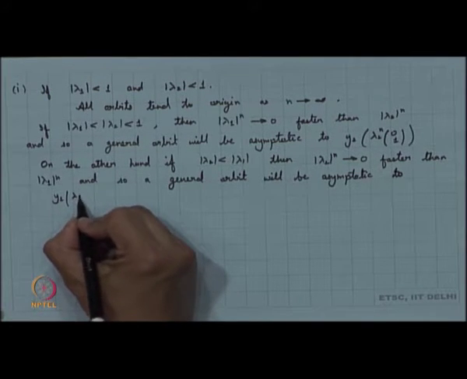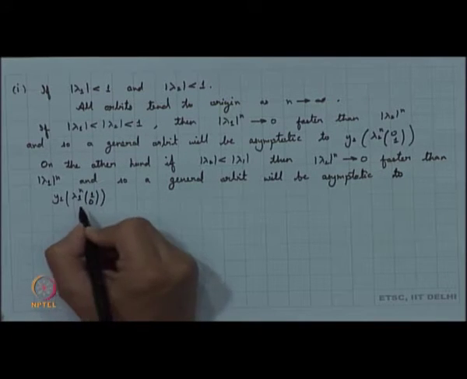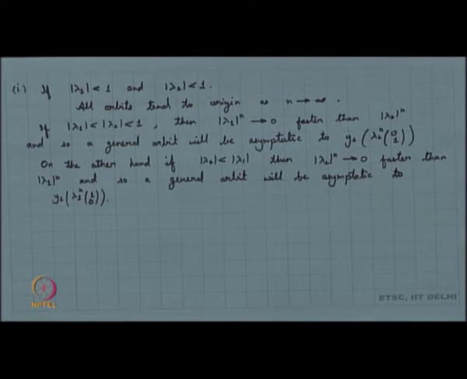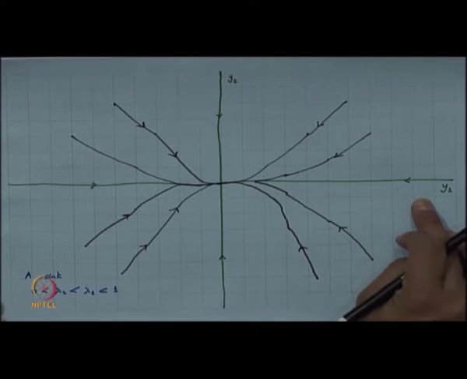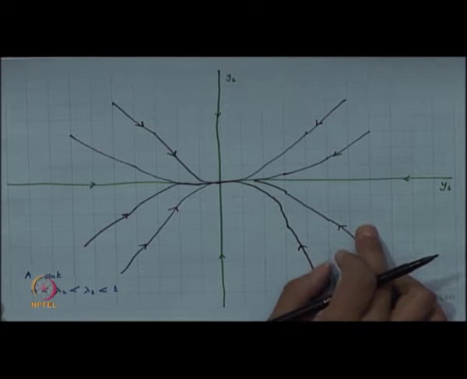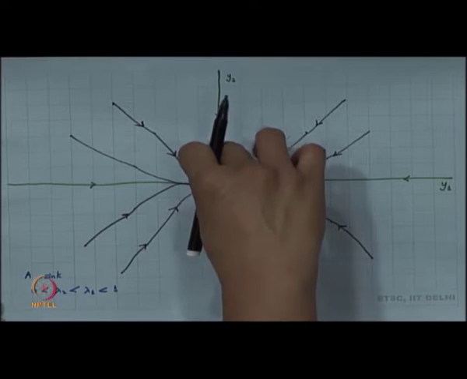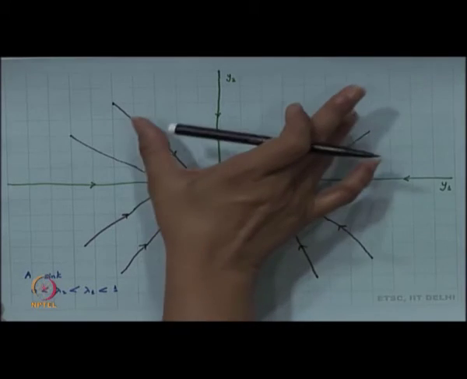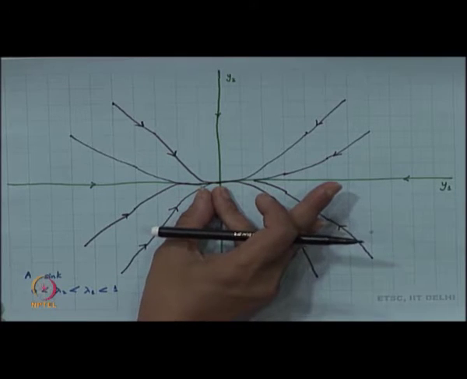On the other hand, it should be basically lambda 1 to the power n, (1, 0). So, it is asymptotic to y1, and then again since my y1 is converging to 0, this will converge to 0. So, we can see the picture over here. We have this direction of y1, direction of y2, and since my modulus of lambda 2 is less than modulus of lambda 1, this is tending to 0 faster, and so you take any general orbit, it is basically being asymptotic to y1 and then it is tending to 0.